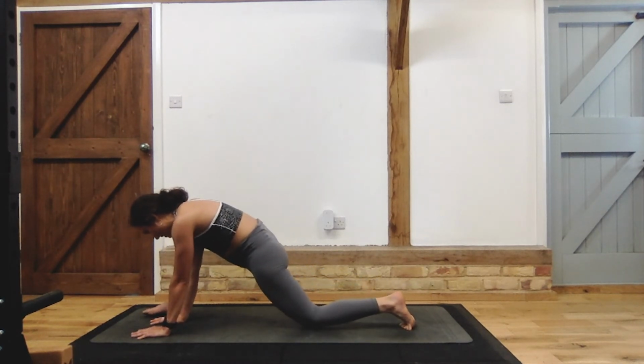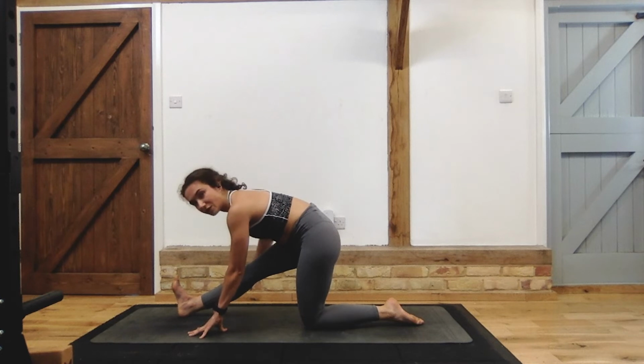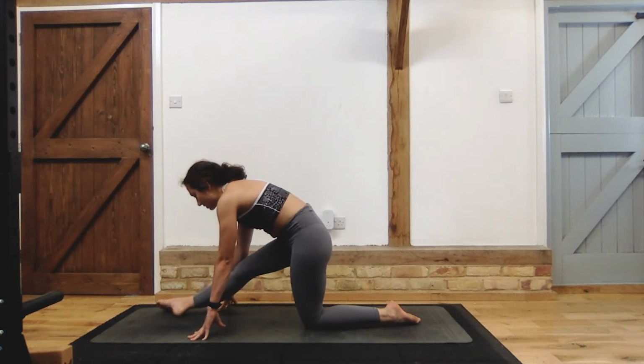Starting to bring that left knee down now, taking our hips back into a half splits. Now, normally here we'll be really focusing on stretching through our hamstrings, but today I want you to not worry about that too much, so the hips can come slightly further forwards, and think about really taking some big circles